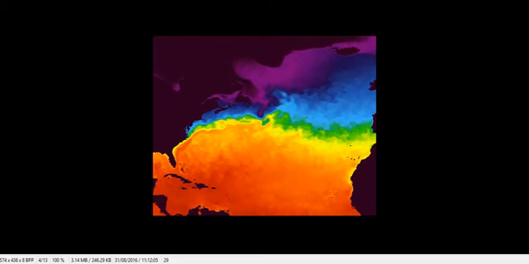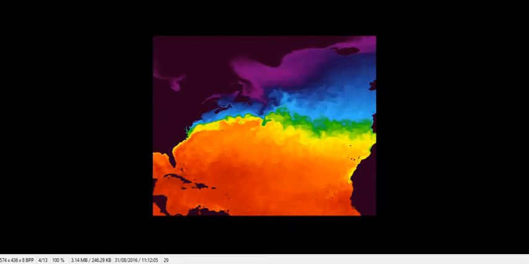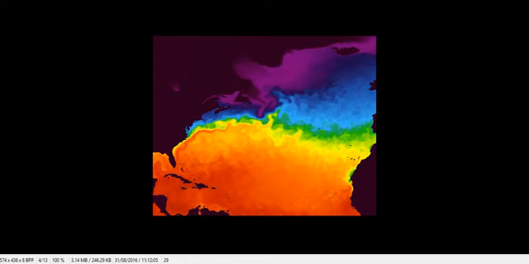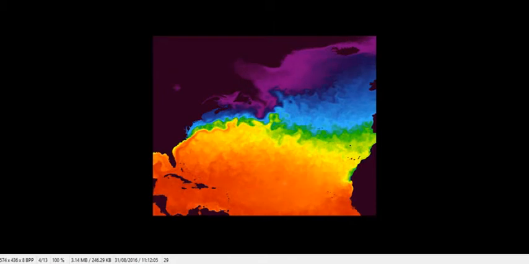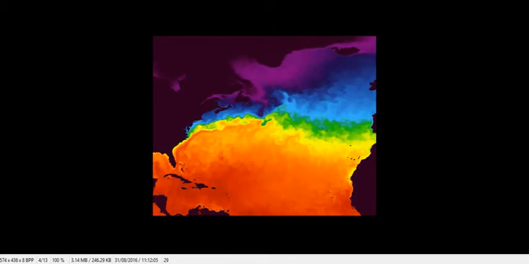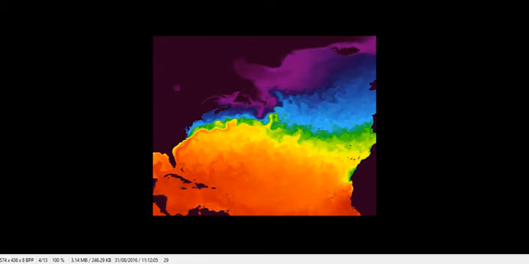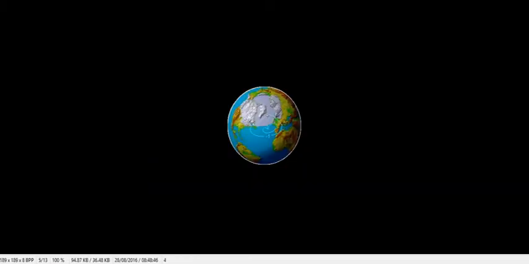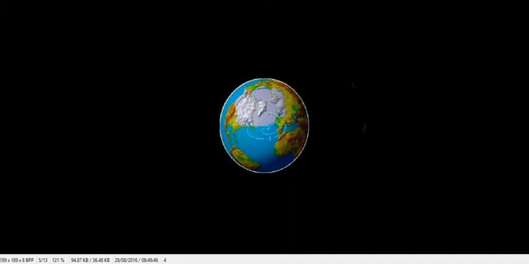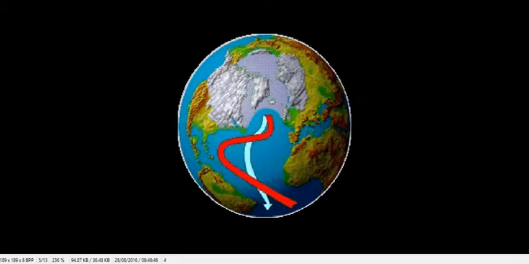To the north of that you can see Ireland, and way up at the top you can see Iceland. Those are much further north than, let's say, New York City or Boston. Iceland and Ireland should be much, much colder, but because of all that warm water that comes across, it basically results in a much warmer climate than usual. And so we can see in this diagram, this animation, that movement of warm water that's coming across the